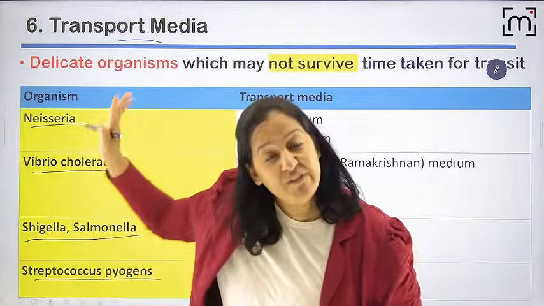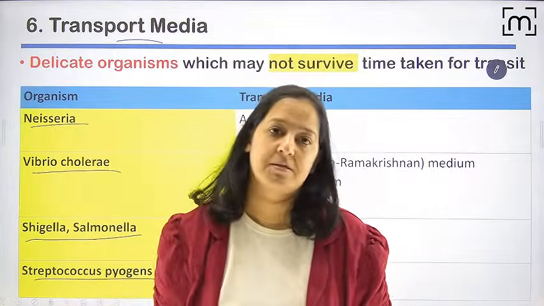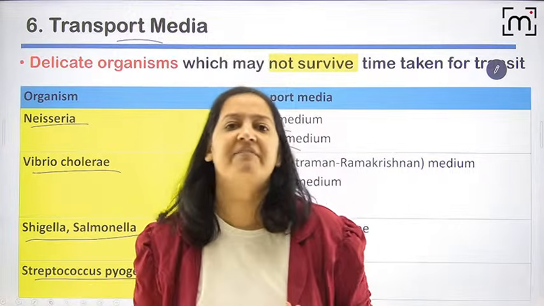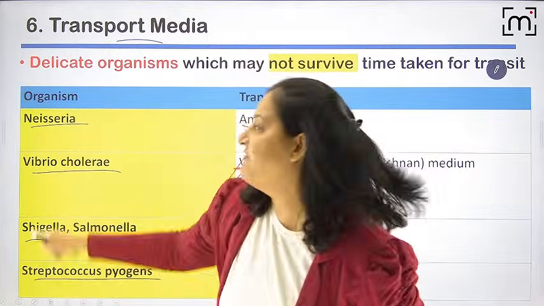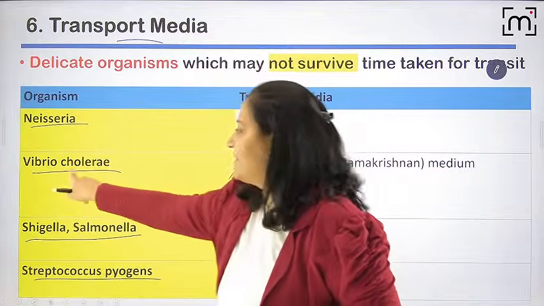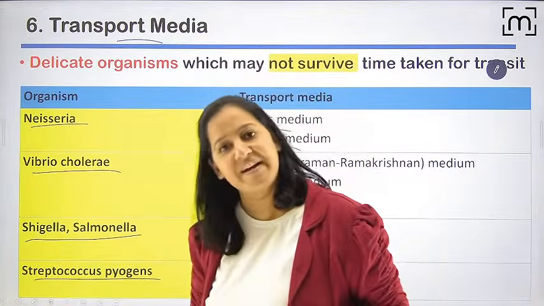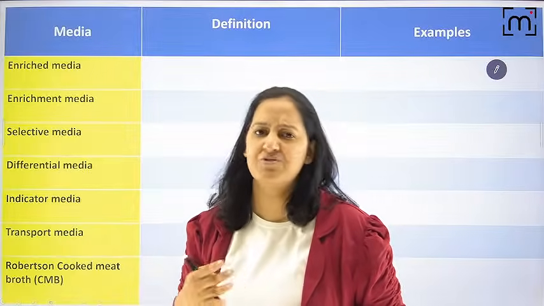People, we will revise it again in the next 6 sessions. Don't worry. The complete general will be revised. When we come to systemic, the corresponding bacteria will come. When Neisseria comes, we will revise this. So we are going to revise it again. Don't worry. Here on the fast track, you just see it.